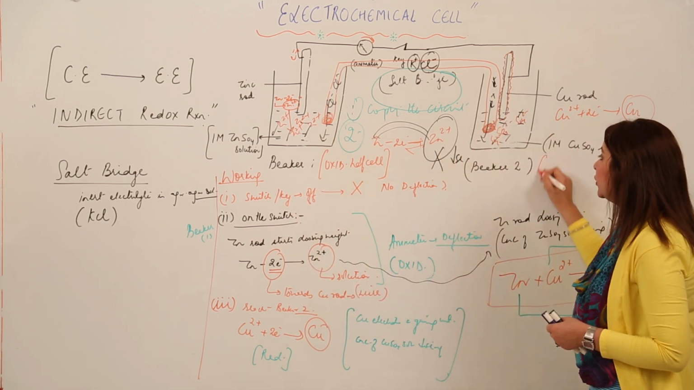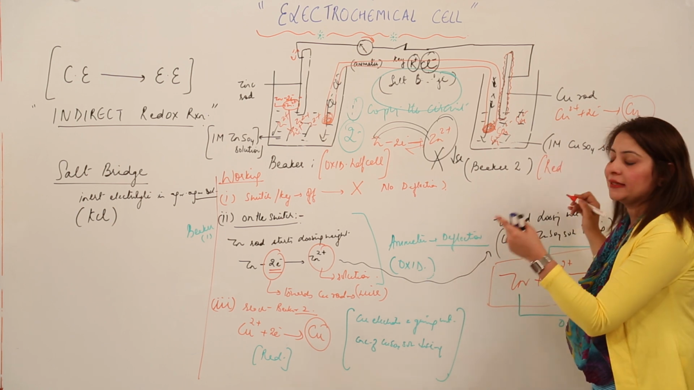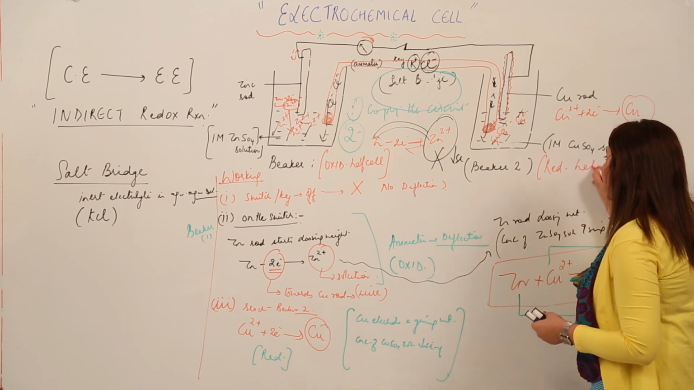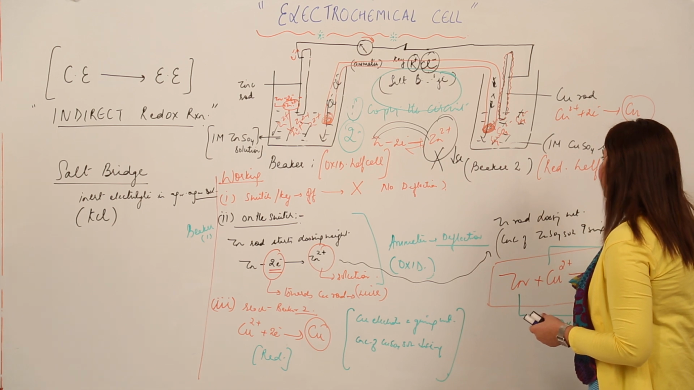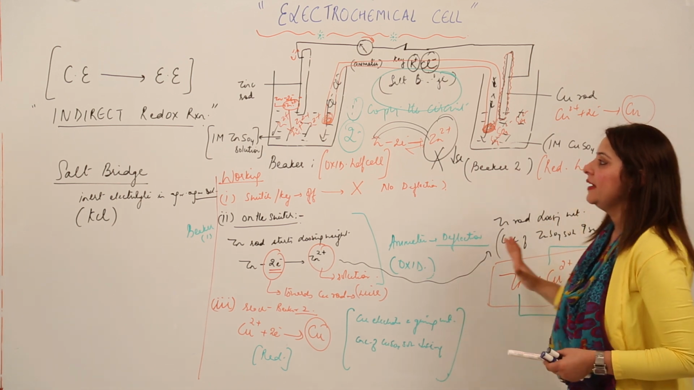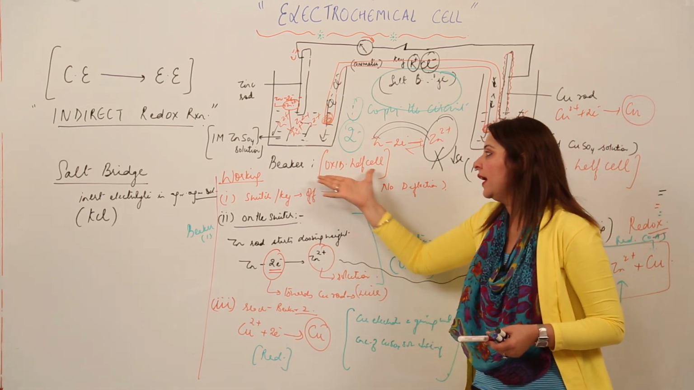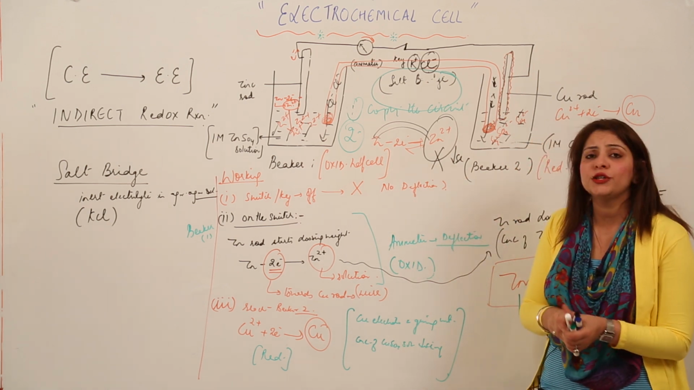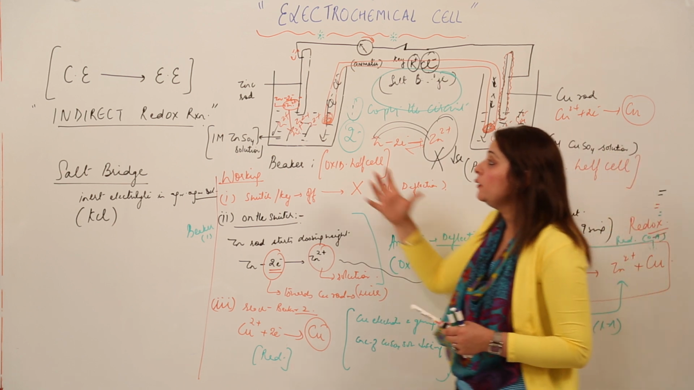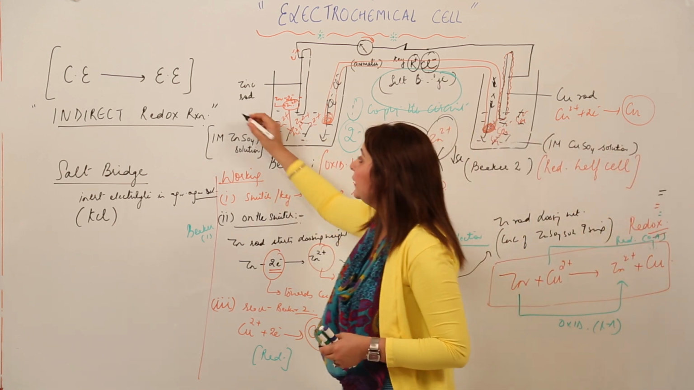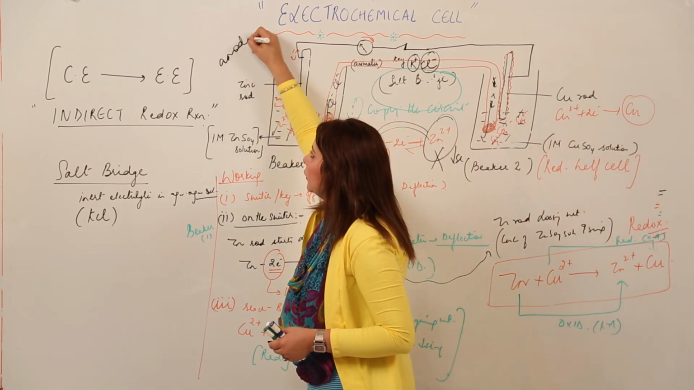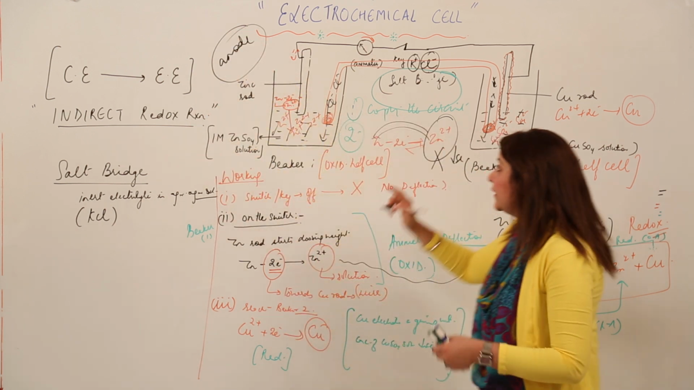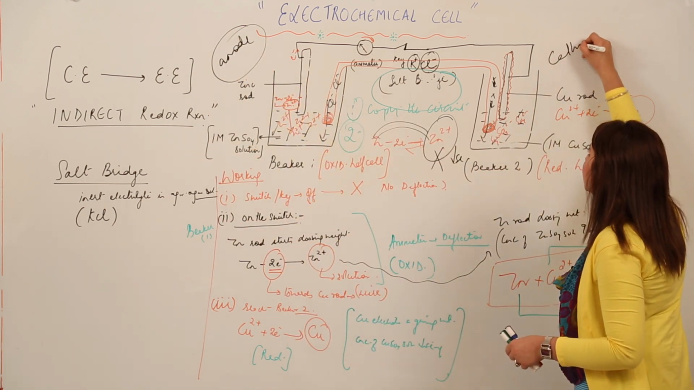And in which the reduction occurred, as you saw that it occurs in beaker 2, so it is called the reduction half cell. So actually a complete cell is a combination of the oxidation half cell and the reduction half cell. Second thing you need to remember is that the one which gets oxidized acts as anode, and the one which gets reduced acts as